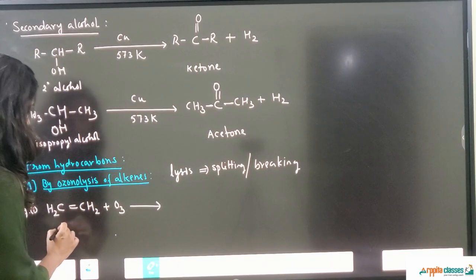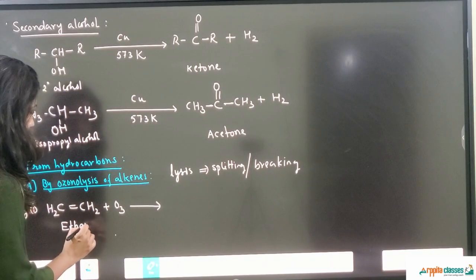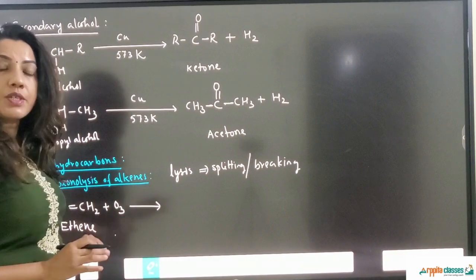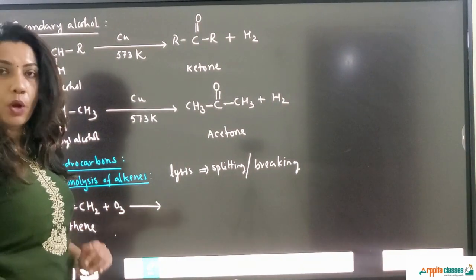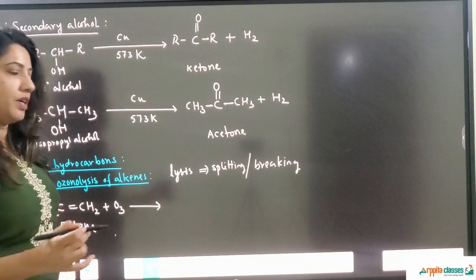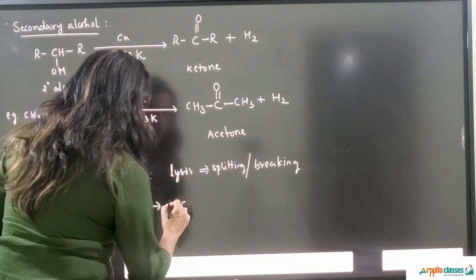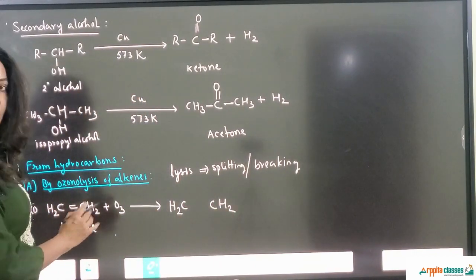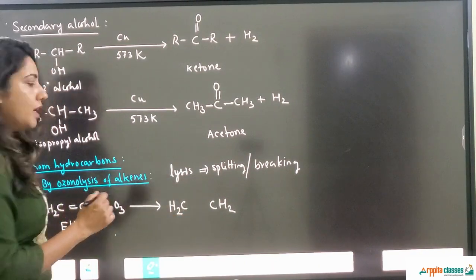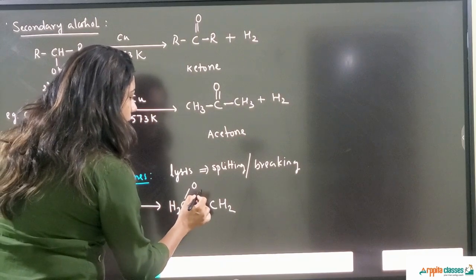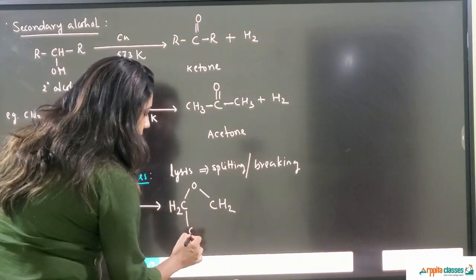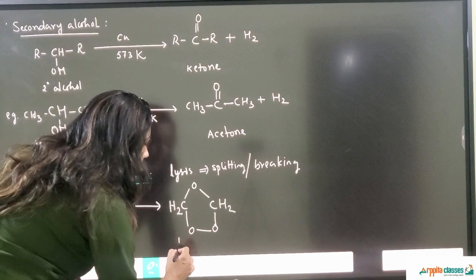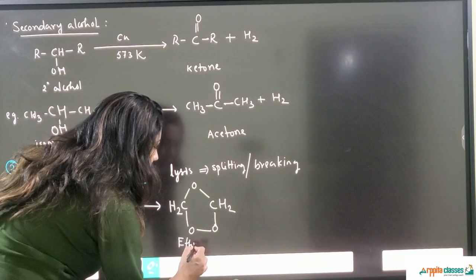First we have taken ethene and we are reacting this ethene with ozone. First we are going to get an addition product, because we know unsaturated hydrocarbons will go for addition reaction. So what will be the addition product? Just write it this way. This is your CH2 and this is your CH2. The two CH2 I have written, I have just not written the double bond. Now one bond you put up like this and hold oxygen. The other bond will be holding the two oxygens like this. This is called the addition product, and the name of this product is